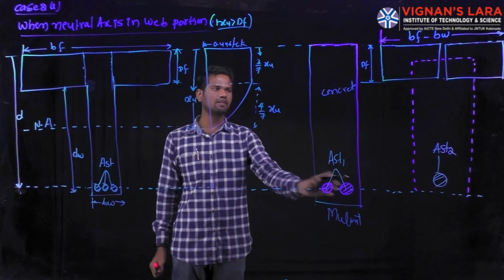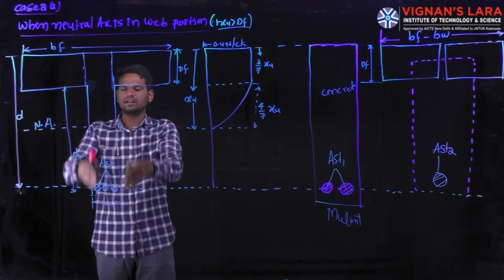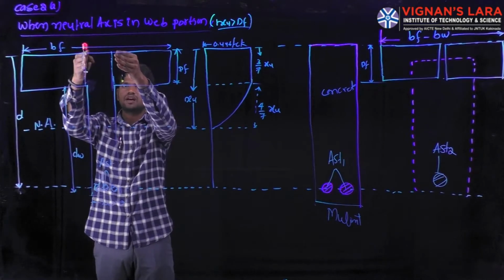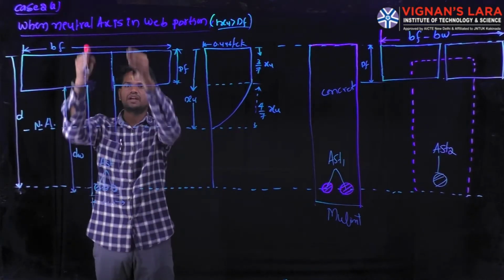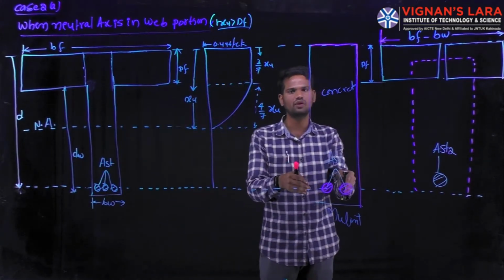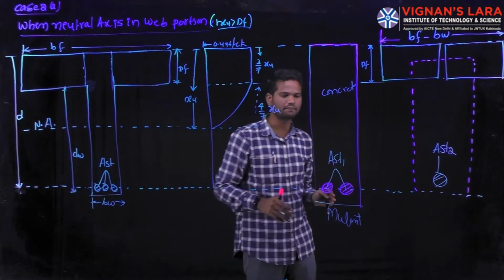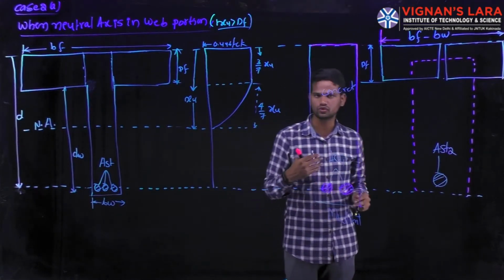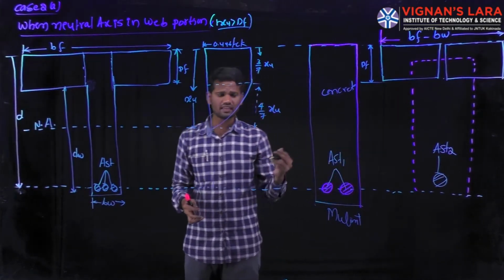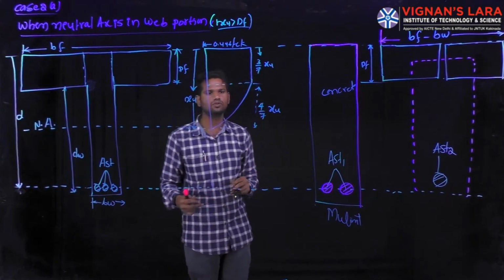If you see our present condition, first we are taking the rectangular beam portion. That means this is the web portion from the top of the beam to the bottom of the beam. We are taking this normal beam, that is nothing but your regular concrete beam. Already we have discussed the singly reinforced beam design. This is the normal concrete beam. For this normal concrete beam, how the total compressive force is coming, how the total tensile force is coming, and what is the moment capacity of the section. For this condition we have to discuss.